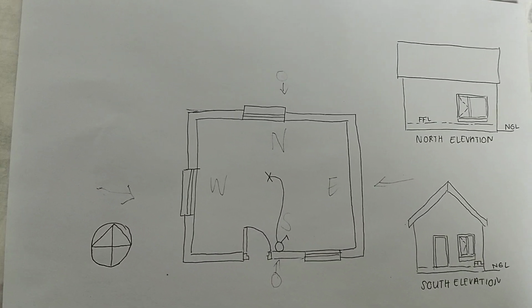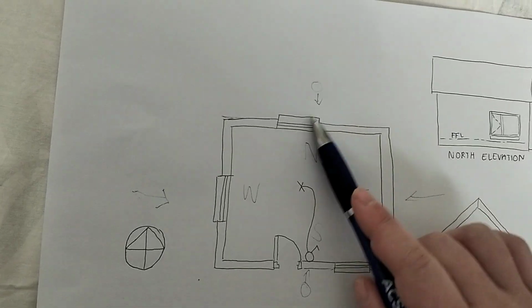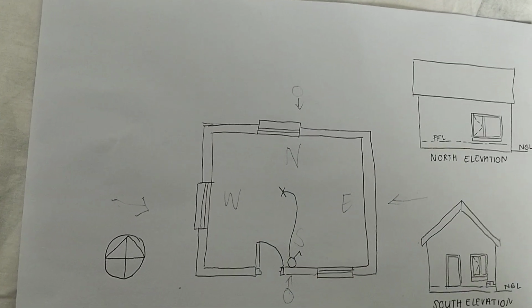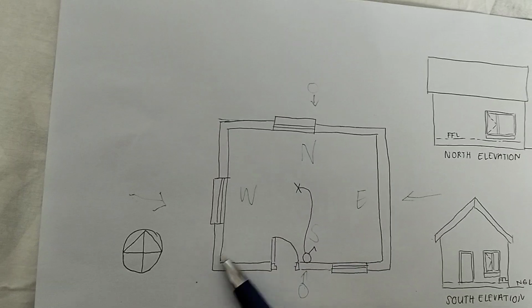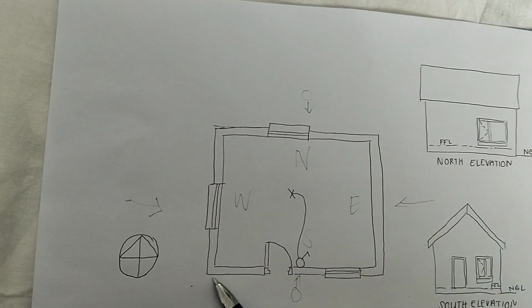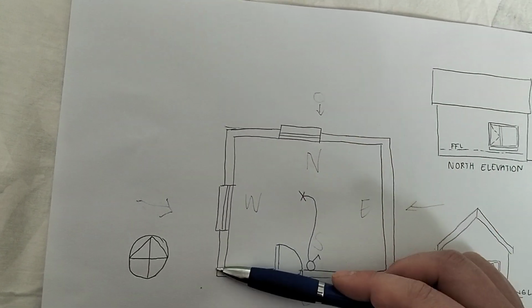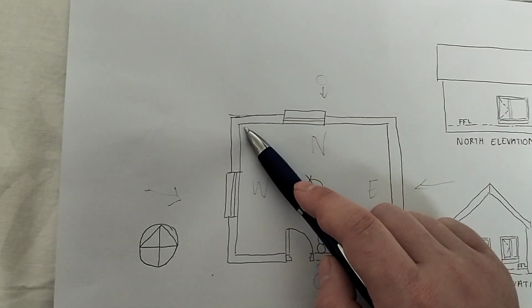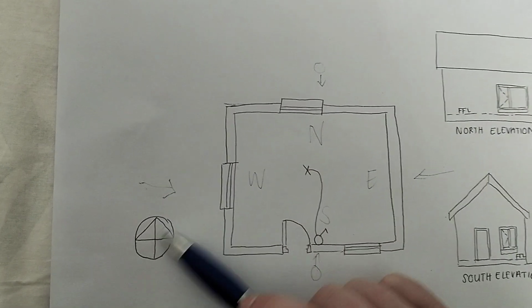So I want you to be able to differentiate between the elevations, so jy moet kan onderskei tussen watter aansig van die vloerplan is watter een. So hierdie is die westelike kant, hierdie is die suidelike kant, hierdie is die oostelike kant en die noordelike kant, as jy kyk na die noordpunt.